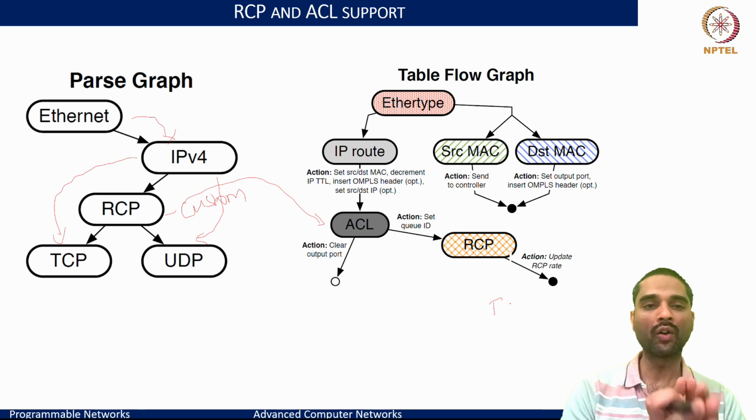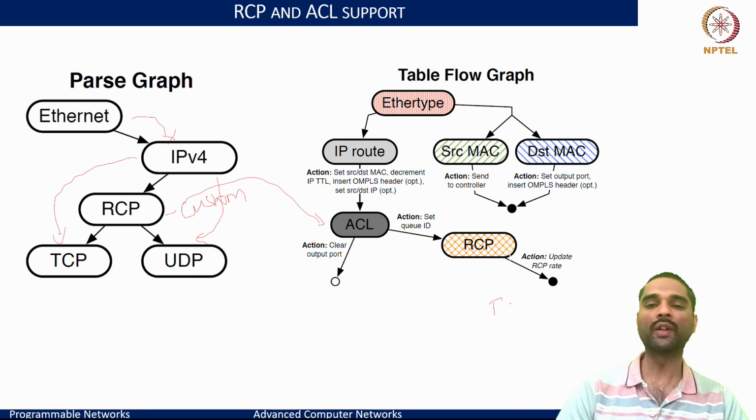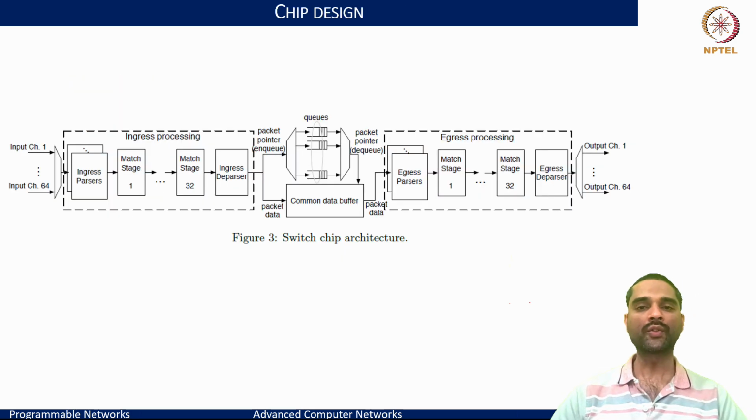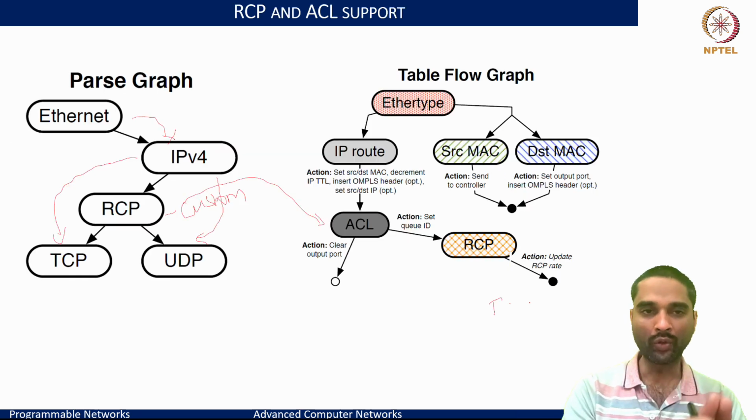So this way we can now support different kinds of protocols and facilitate doing the processing for each of these packets readily. And this design overall, when we envision supporting this kind of a parse graph and a table flow graph,